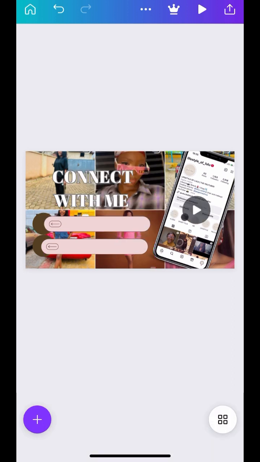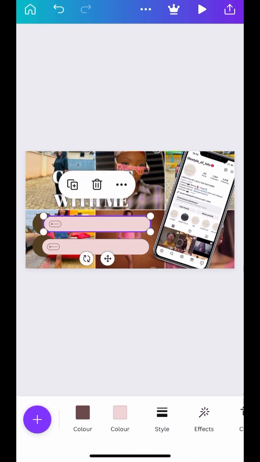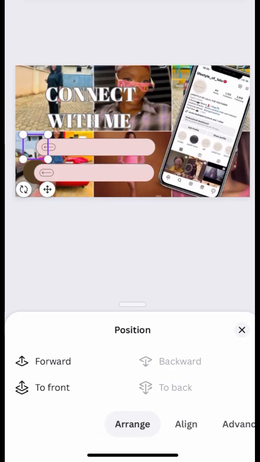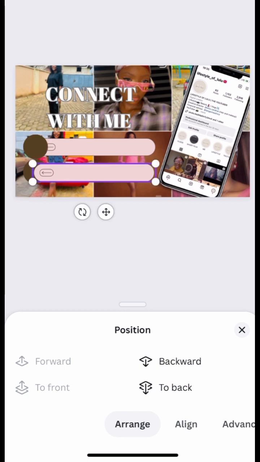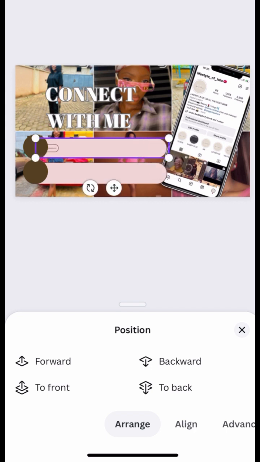When you click on the tab, click on the circle, click on the iPhone, and then I'm gonna go to color. Was that what I did first? No. Yeah, I'm gonna go to position and shift it in. That is clicking backwards. So I click backwards and then it goes to the back of the circle. You get it? I click backwards and it goes to the back of the circle, and then I shift it in a little bit because I want the arrow to cover up. You get it? So I do that for the other one,